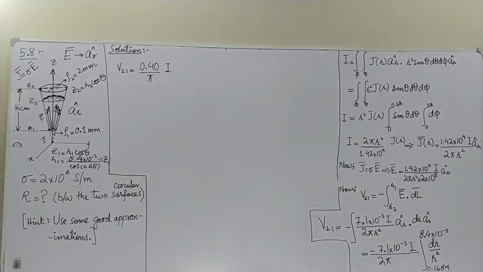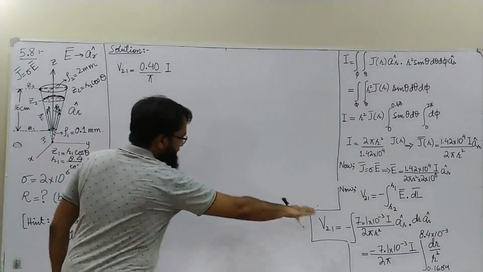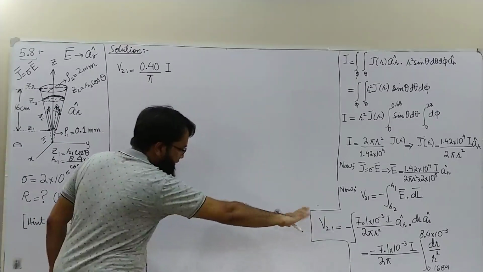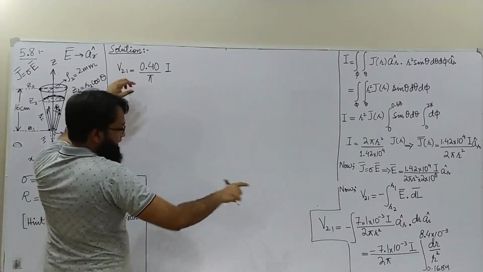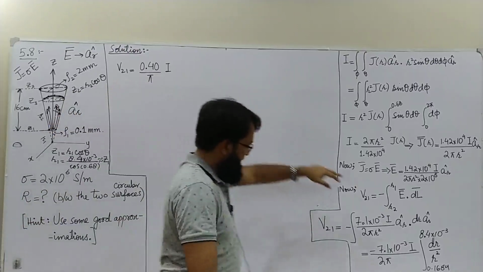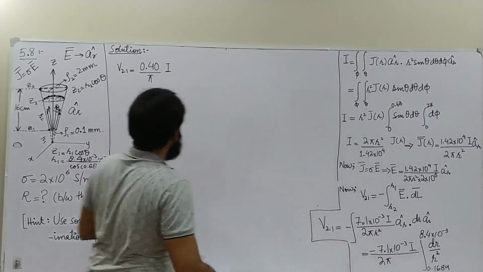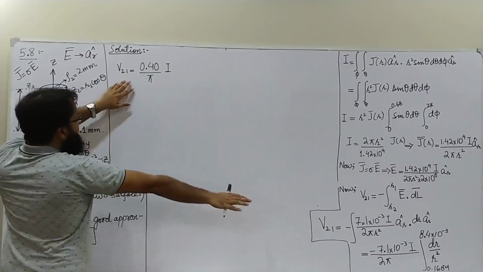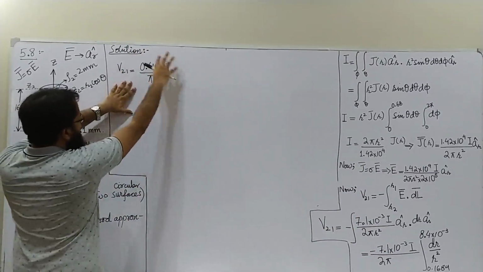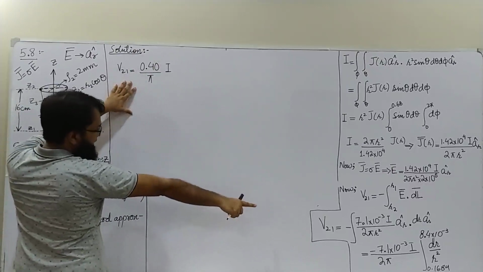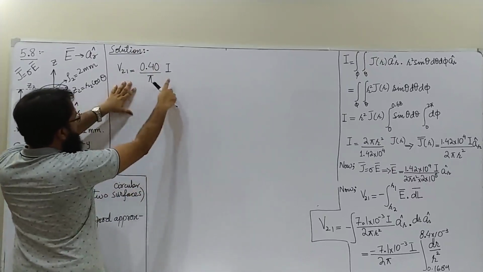All right, so after integrating this expression, very simple integration, I'm not going to show the steps, you should do it. Remember, the lower limit is 0.1684, the higher limit is 8.4 milli. Do the integration, do the maths, you'll get this expression. A couple of steps after that, you're going to get this.